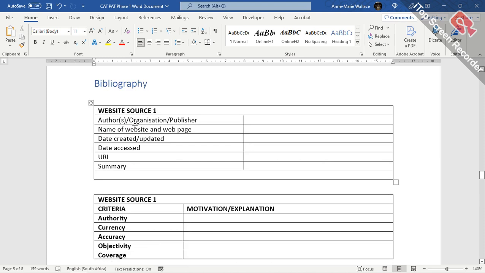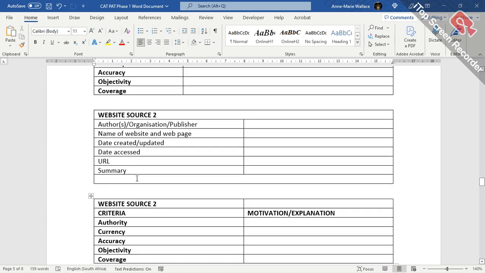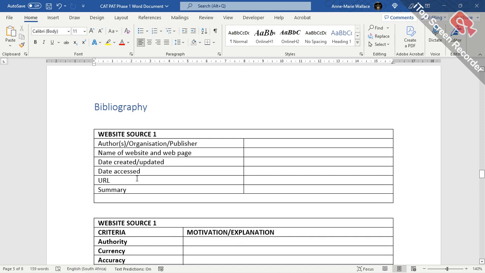Now, in your bibliography, you have to have at least two website sources, all right, and one other source. The other source is magazines, newspapers, textbooks, and those can be either printed or electronic. If it's printed, you need to scan in the relevant pages that you used to obtain the information from. For all your electronic sources, I need screenshots of the web pages that you got your information